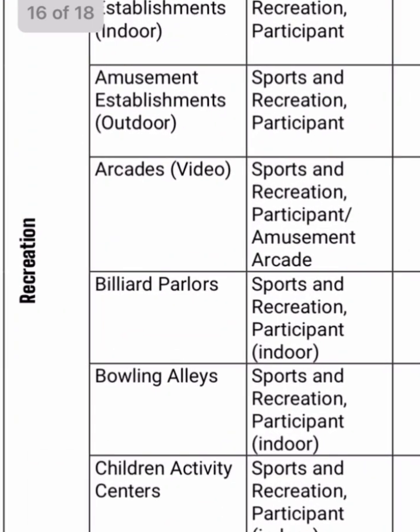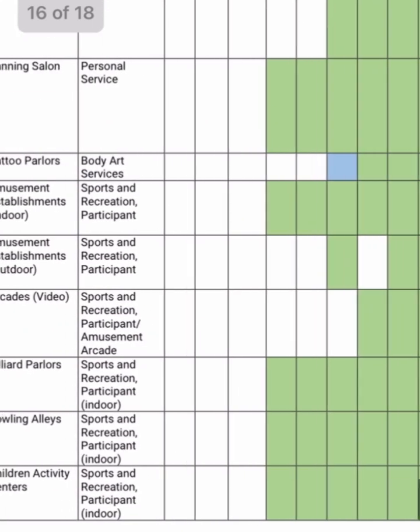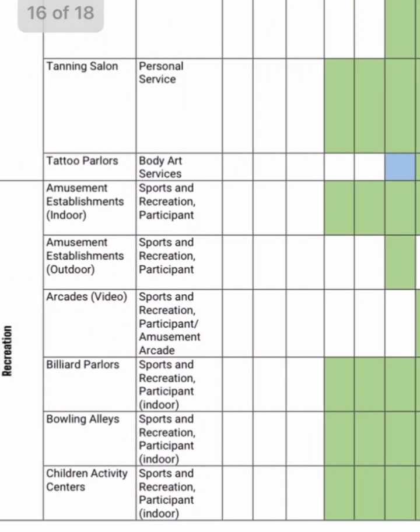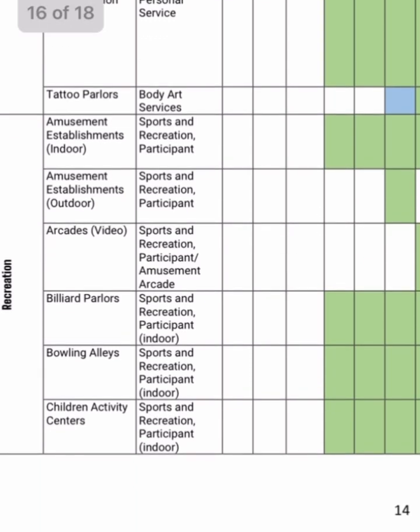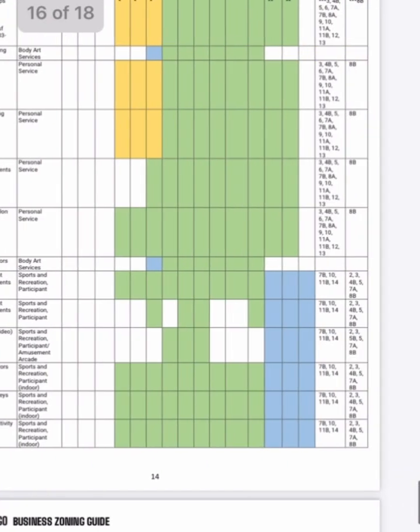Same with recreation. These are things we want people to do. It keeps them out of trouble, gives them something constructive to do. Chicago has one of the higher crime rates for big cities. Maybe one of the reasons is these restrictions, that we don't allow for bowling alleys, pools, arcades, amusement establishments, even children's activity centers where kids can go to play. Those aren't even allowed to be near houses either.